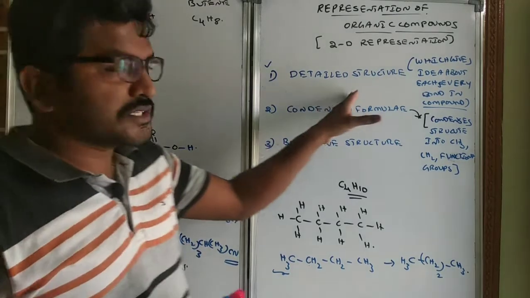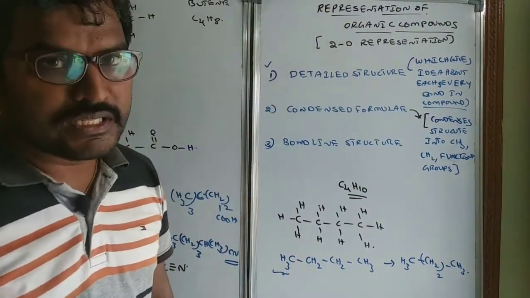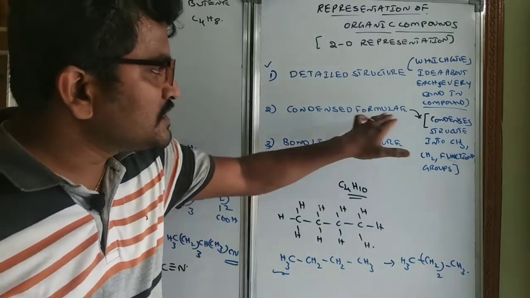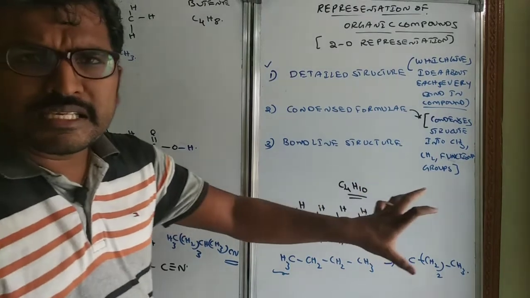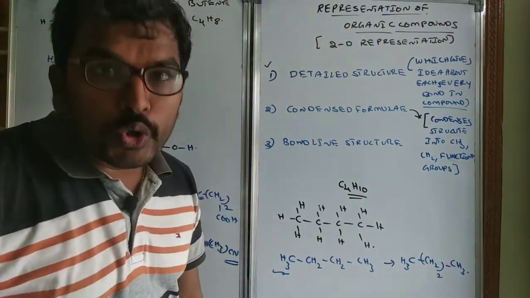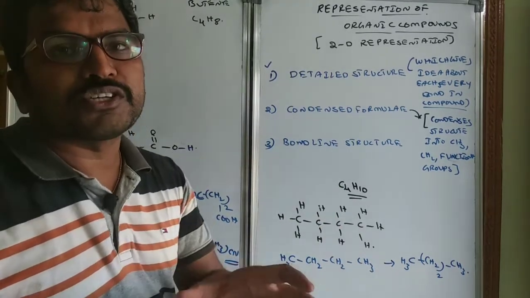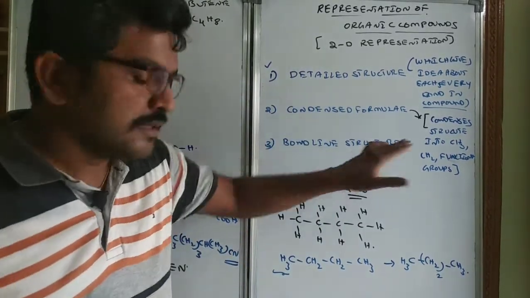Detailed structure gives an idea about each and every bond present in the compound. Condensed formula condenses the formula into CH3 groups, CH2 groups and functional groups. If any functional group is there, you will write it as it is. And finally, you see,